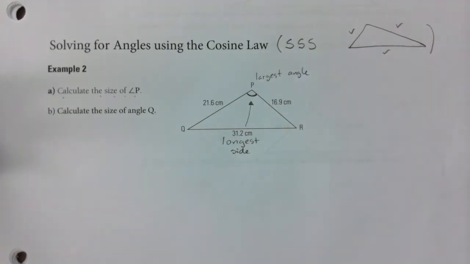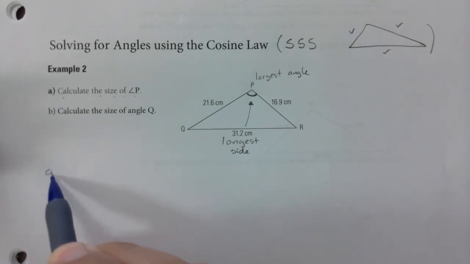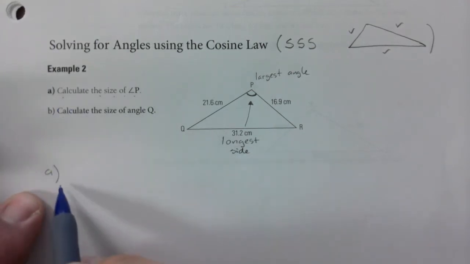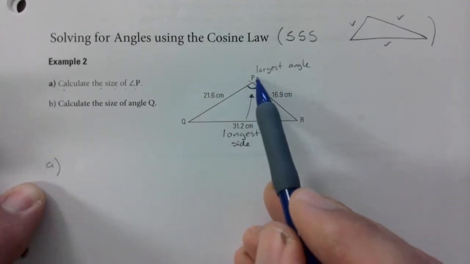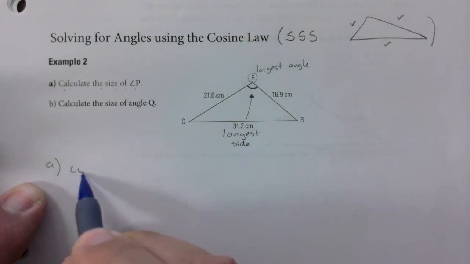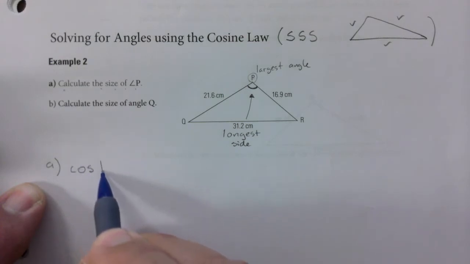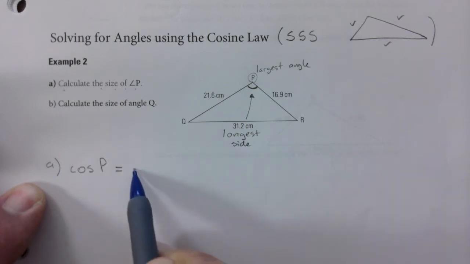Largest angle. So just remember that. That's what we're doing here. Okay, so I'm going to go and find A. I'm going to answer A right here. So watch this. If you want to find angle P, you got to start like this. Cosine of angle P is going to be equal to,